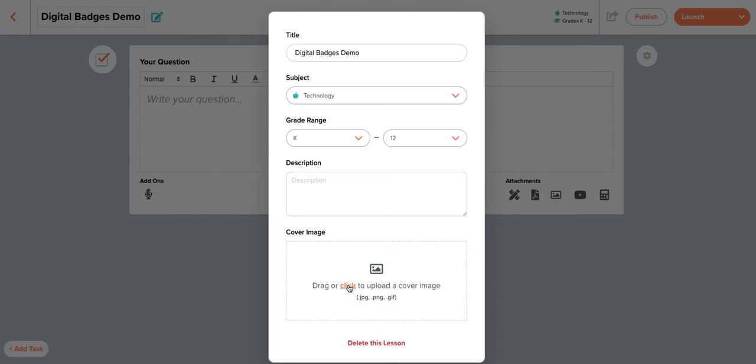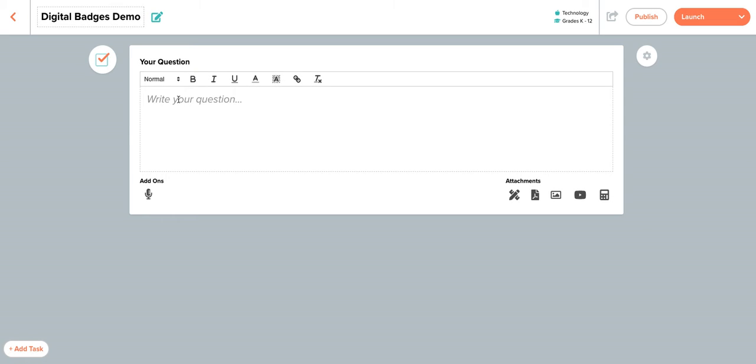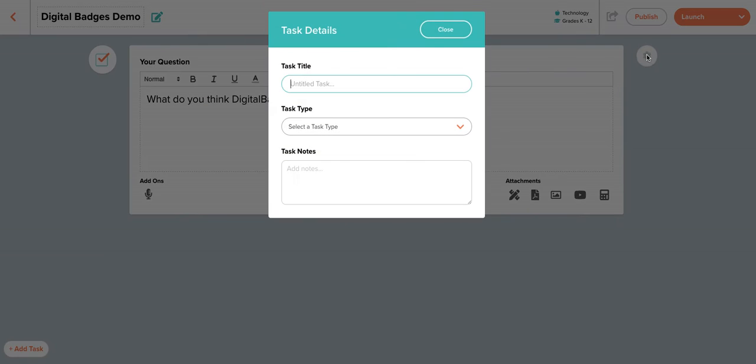I could also add some cover art to my lesson, and it will help in my organization to see a variety of different lessons that I have. For now, however, I'll just create a quick task so that I can show you how to arrange things. So I'll click inside here, and like I'm creating any other task, I'll just go ahead and type some basic information. So now that I've given my lesson a name and at least one task,